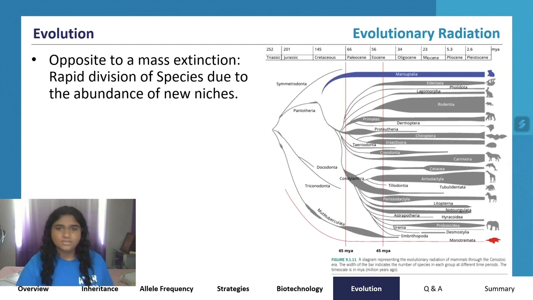Any sorts of these diagrams that we get are made by sequencing the DNA of all of these organisms. So we get samples of fossil records, samples of organisms that we already have living, and we can compare them to see their similarity in their genetics. The more similar an organism's genetics are to one another, the more closely related they would be. We talked a little bit about DNA sequencing. That process is what is used to do this.